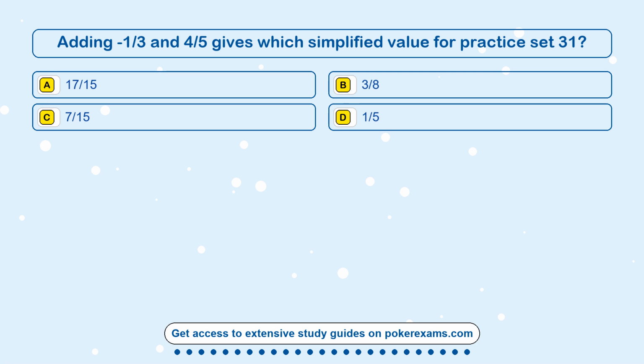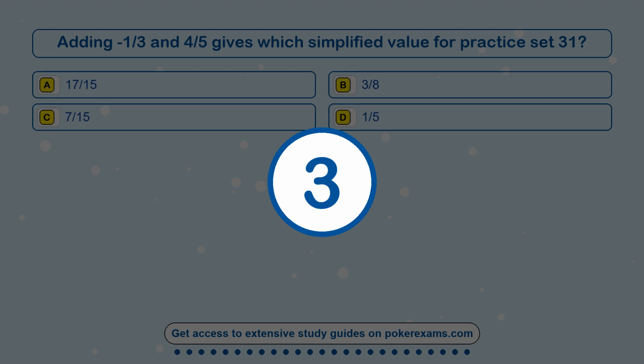Question 1. Adding -1/3 and 4/5 gives which simplified value for practice set 31? Option A, 17/15. Option B, 3/8. Option C, 7/15. Option D, 1/5. The correct answer is option C,